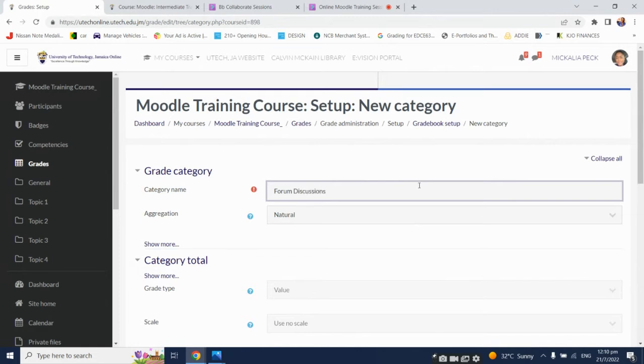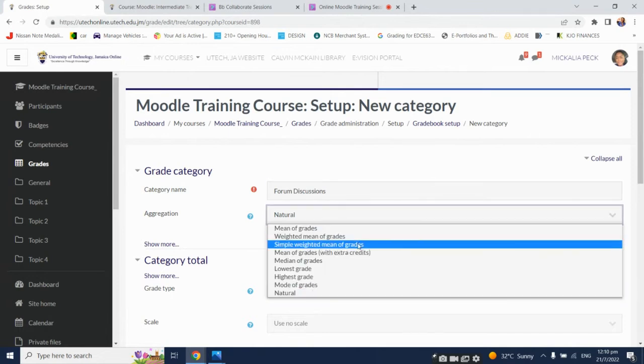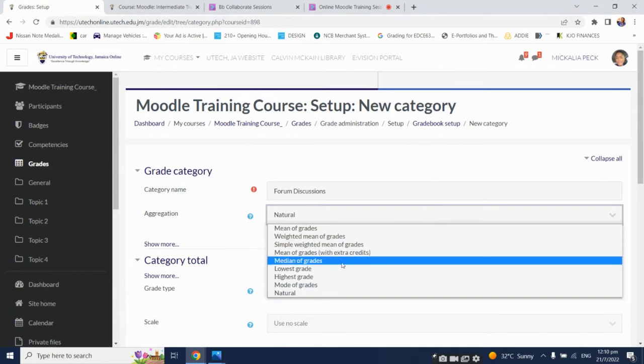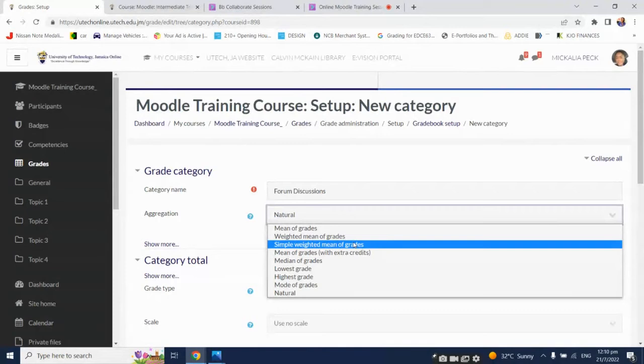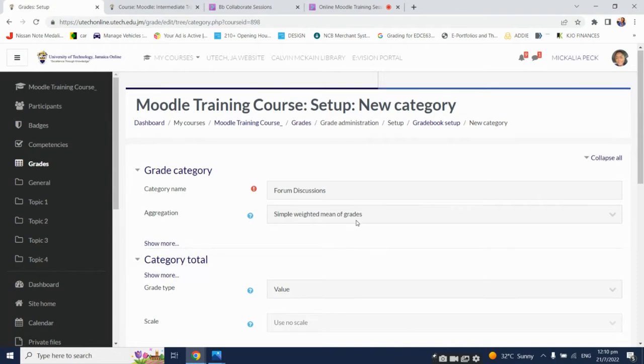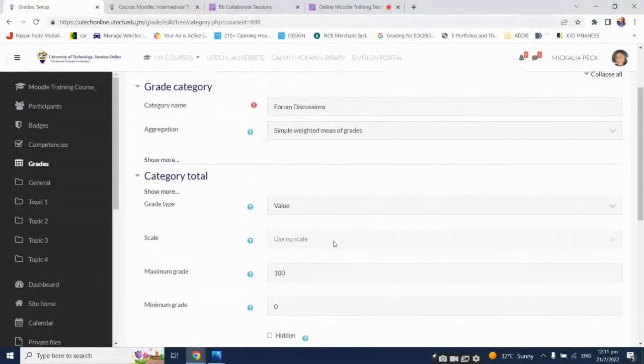All right, and we're going to set the aggregation to be simple weighted mean of grades, and you'll see why shortly. So there are quite a number of options. However, for the calculation to be done properly, for the category name, it has to be set to simple weighted mean of grades. And we are not going to change anything else. If you want to change the maximum grade from 100, not sure why, but you can. All right, but I'm thinking the maximum grade for the forum discussions would be